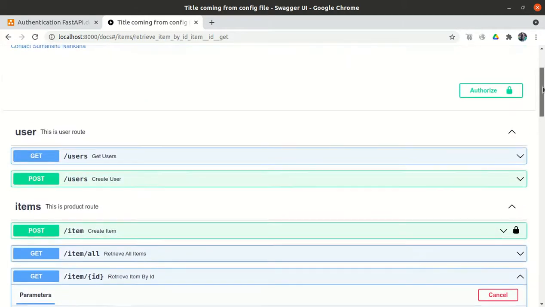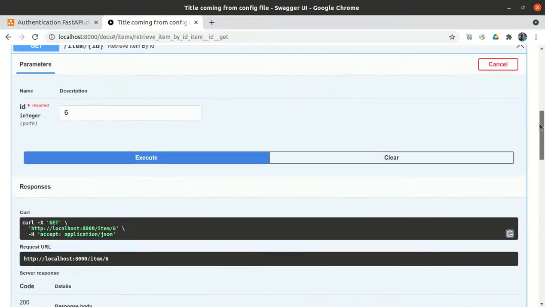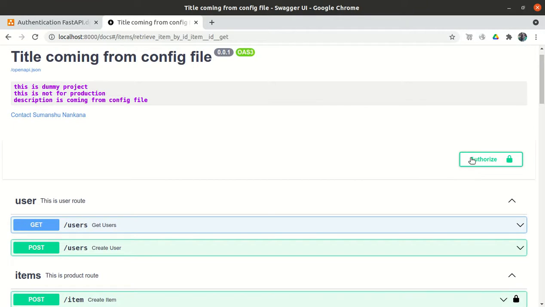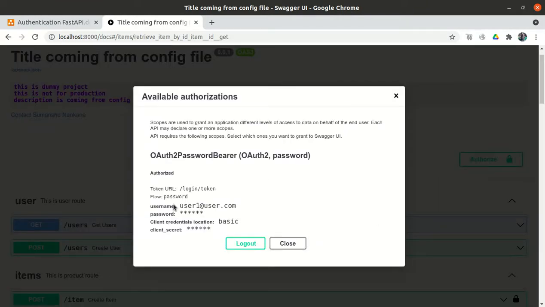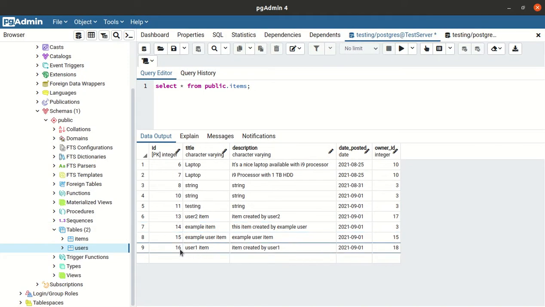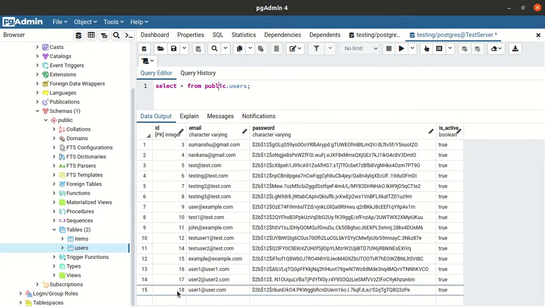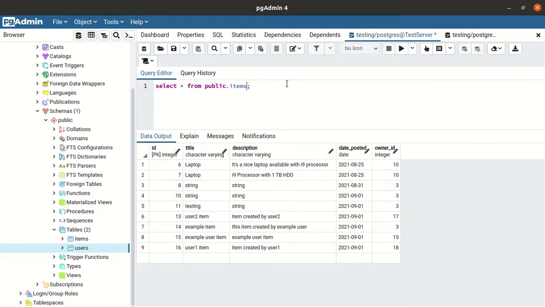But right now I am logged in with user 1. User 1 has the owner ID 18, but we are trying to delete an item which was created by the owner ID 10.